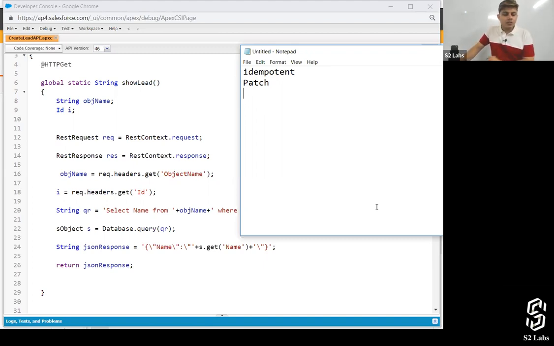It is similar to post and put, but the only difference with patch is that you apply partial modification to the resource.